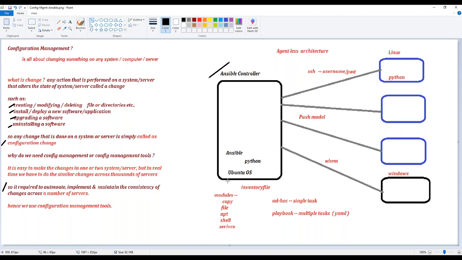The same thing can be used by Ansible also. That is where Ansible uses your SSH username and password to log into the target system. So instead of you logging in, the controller will log into the system. It will start executing the changes that you asked it to do, whether it's an upgrade of software, or